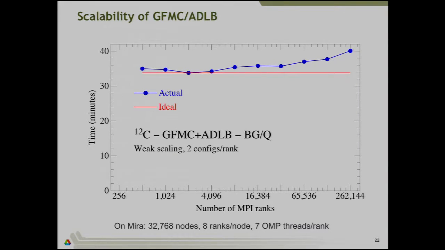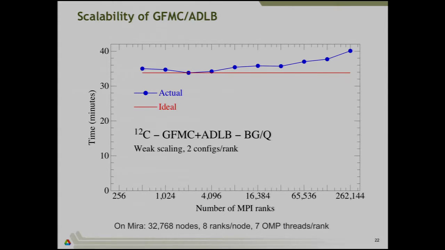Now he runs this with hundreds of thousands of processes, and it's working pretty well. This is a fairly recent performance graph doing weak scaling. So it runs up to 262,000 MPI ranks. We talked earlier about, it's a hybrid code, so it uses OpenMP to parallelize the working on a single work